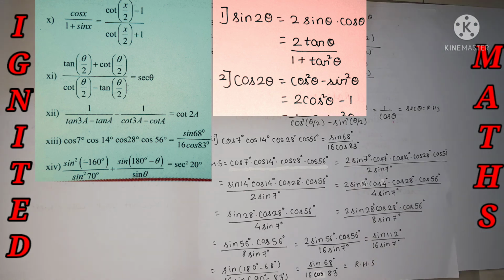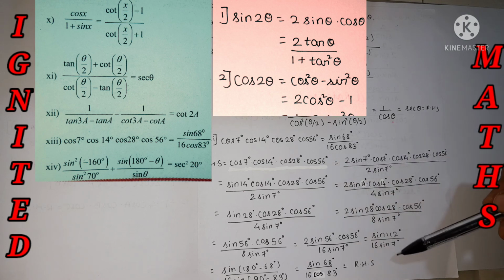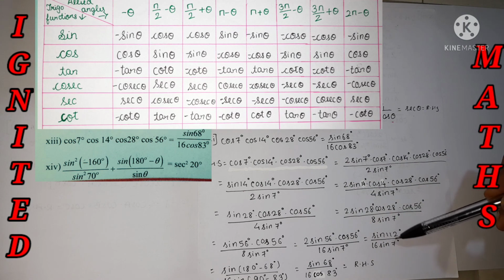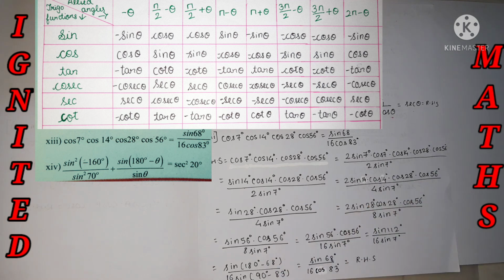But according to the given question, the part we have already done is sine, and over here is sine 16. The other difference is that over here we need to get a cos function, and the degree we need to change. While doing it, we can use the allied angles and bring it as cos. We can change the trigonometric functions sine into cos with the help of allied angles only. So it's nothing but sine of 90 minus 83, that is sine 7 degree. When I do the construction, sine 90 minus 83 is nothing but cos of 83. That's nothing but my RHS value.